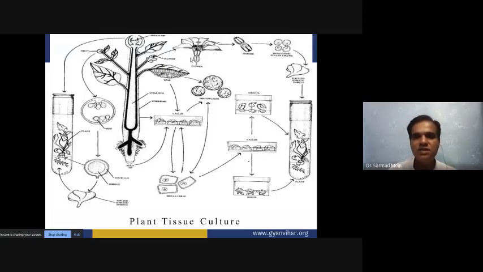Then in indirect propagation, what we are doing, we are producing the callus, and this callus can germinate and be subcultured, so that we can produce more cells. For callus production, the leaf tissues or leaf cells are suitable, and they will respond very well when we are giving the phytohormone concentration. And when this callus is produced, if we are doing shooting from the callus, this callus can produce shoots, and then later on we can produce the rooting.